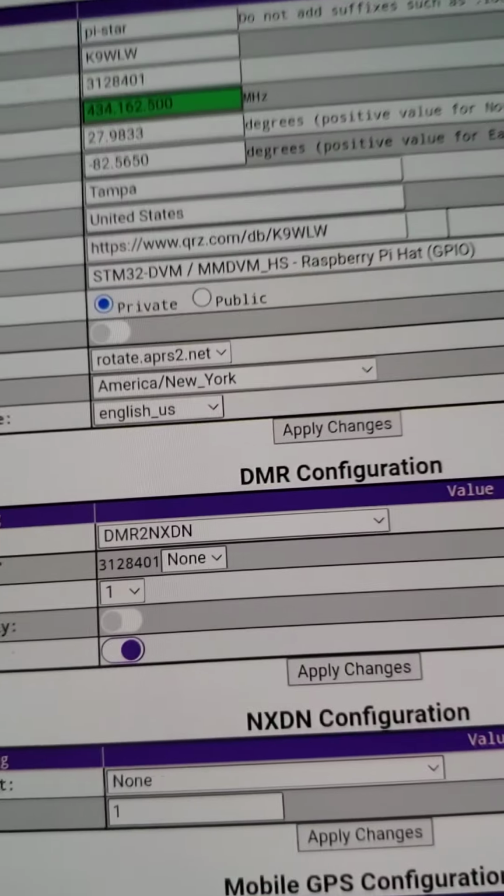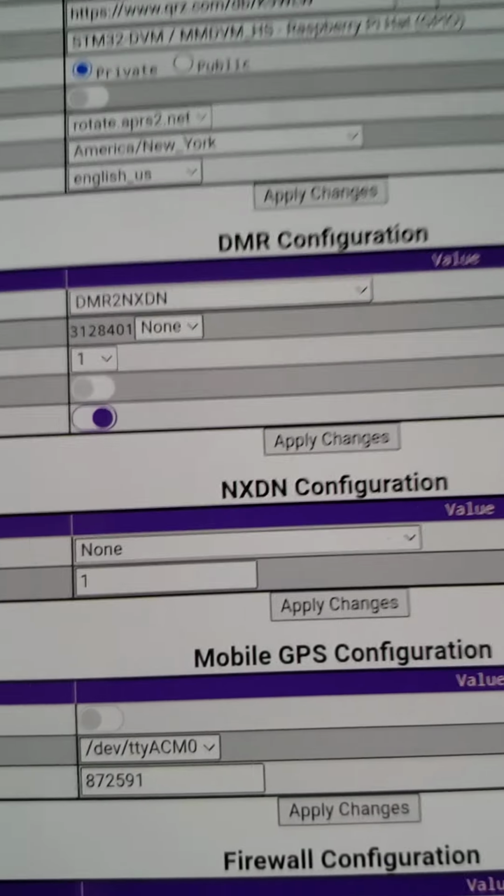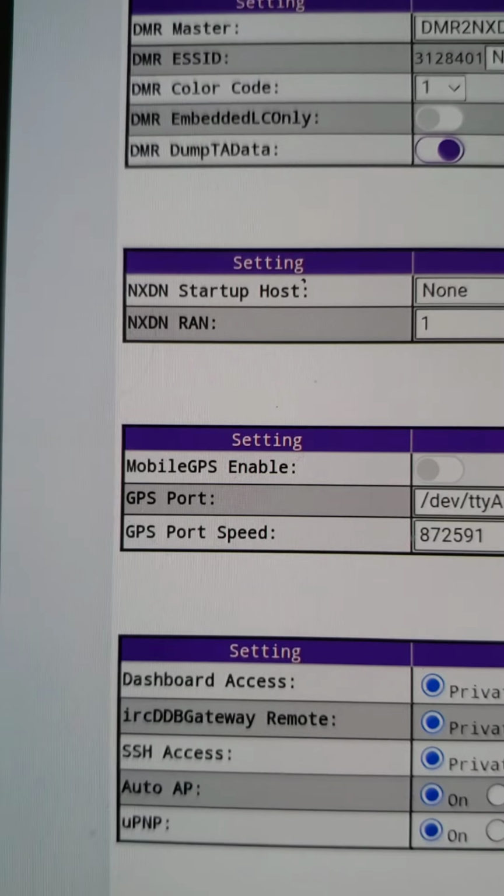This is really the slow part. Once you get it up and running, you can just bounce around anywhere you want to go in the NXDN network. And okay. There we go. In the NXDN configuration,